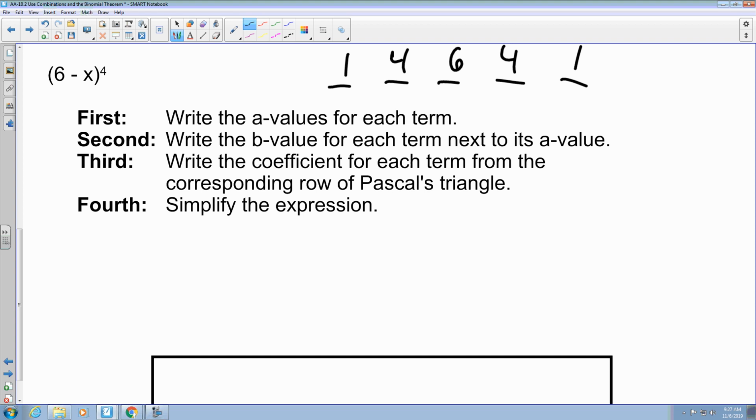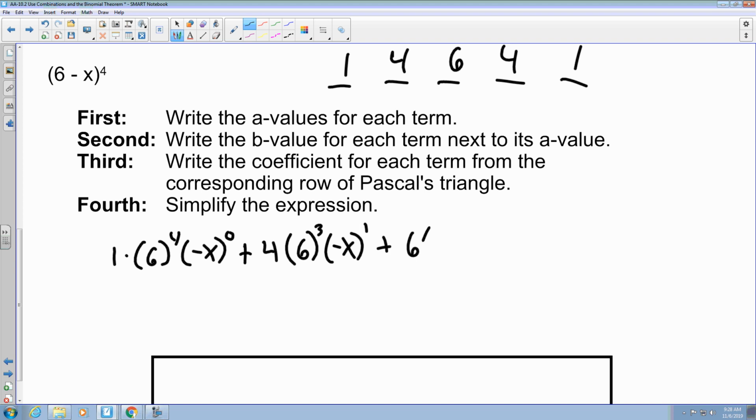So it's going to be 1 times 6 to the fourth times negative x to the 0. So then I can just put pluses here, and then wherever I need to put minuses, I can go about putting minuses from there. This is now going to be plus 4, because it was 4 up top, times 6 to the third times negative x to the first, plus 6 times